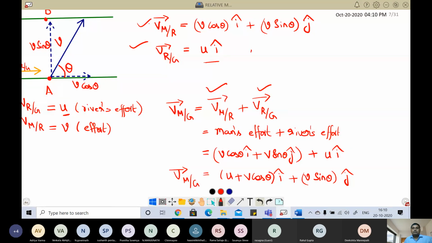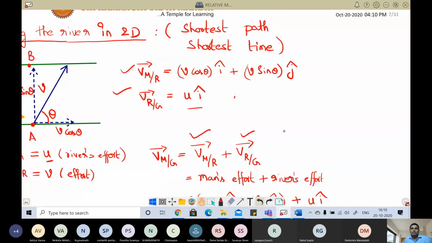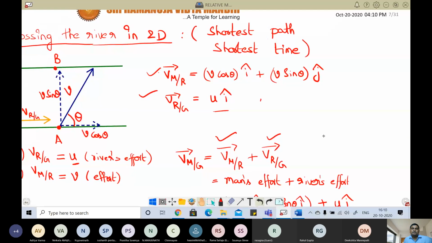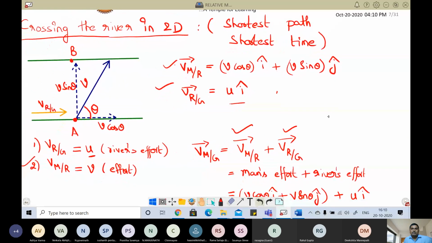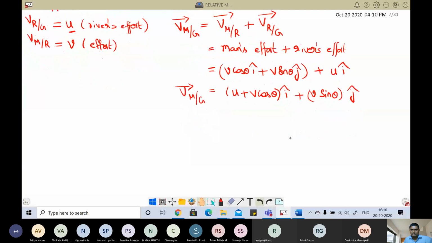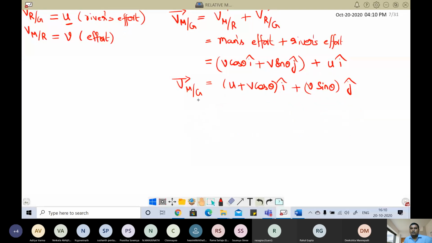That means by the equation we got it like this, and by the diagram method you will also get the same thing, correct or not? Even by diagram, as I showed yesterday, the diagram is more helpful because it gives us a picture of what is happening. Right now, when you stand on the ground and observe the man, the man has this much velocity in the x direction and this is the y direction velocity. This is the velocity of man with respect to ground.